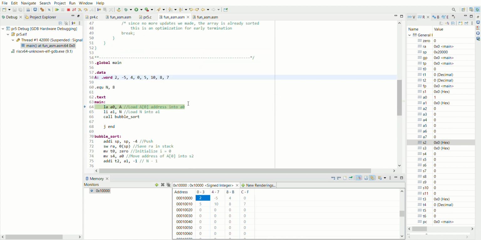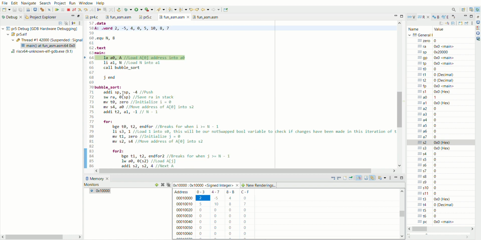First, we would load our address from the first number of the array into A0, and then we would load the size of the array into A1 to then call our function bubble sort. Bubble sort saves the return address into the stack. It initializes our condition for the for loop, which is i to 0, and then it moves our address of